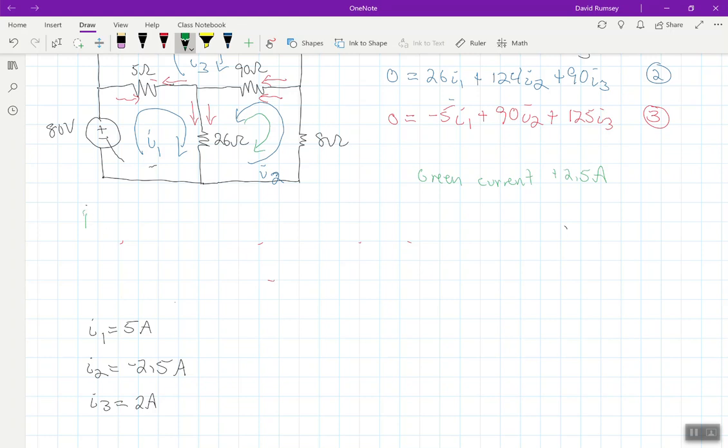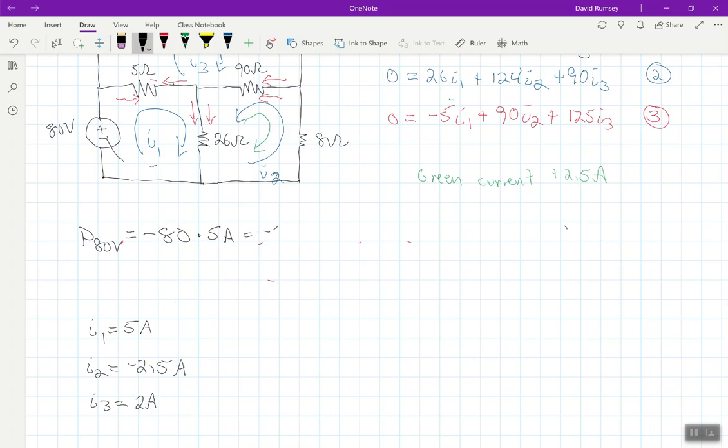So the power for the 80 volt would simply be negative 80 because I'm coming into the negative side of that power supply times 5 amps, the only current going through there. And so if I do that,